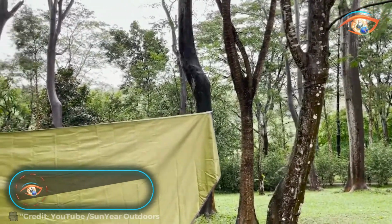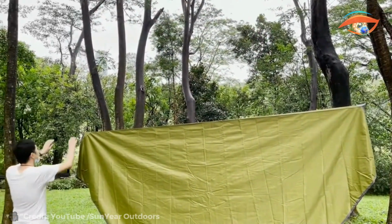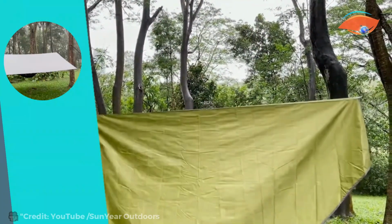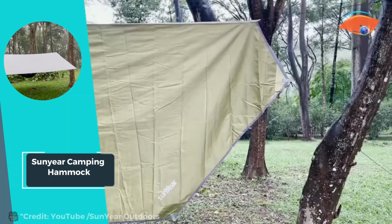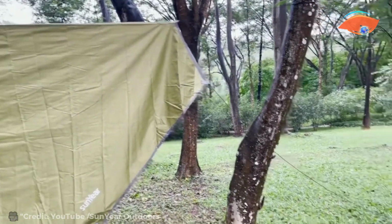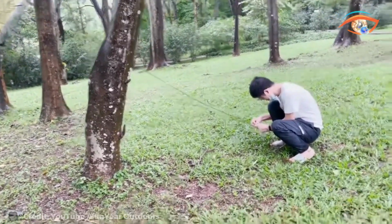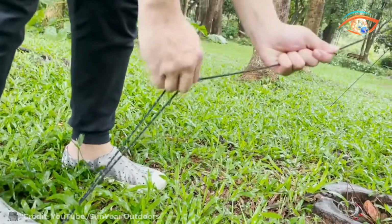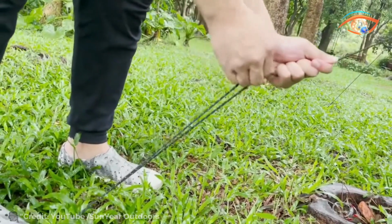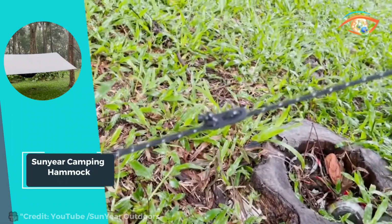Sunyear Camping Hammock. The Sunyear Camping Hammock is the epitome of comfort and convenience for outdoor enthusiasts. This lightweight and portable hammock is perfect for camping, hiking, or simply relaxing in nature. What sets it apart is its innovative design, which includes a rainfly tent for added protection from the elements. With easy assembly and waterproof features, this hammock offers hassle-free setup and ensures you stay dry and comfortable even in